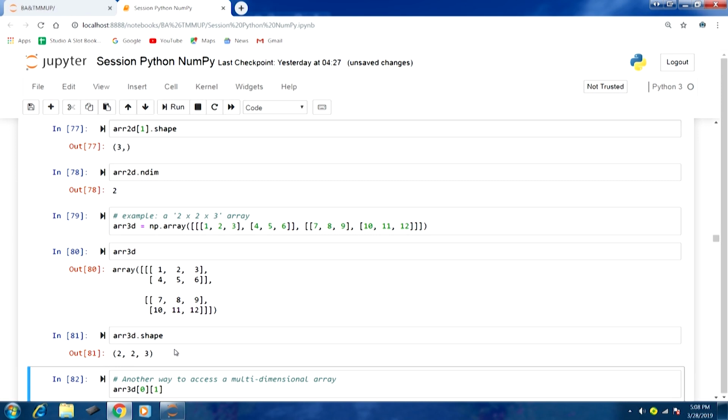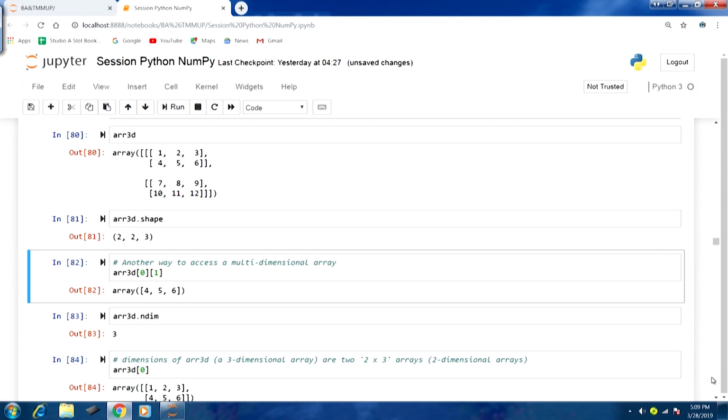In the second dimension we have a 2D array where we have 1 2 3 and 4 5 6, which are 2 1D arrays. And in the first dimension again we have 2 elements, which are 2D arrays themselves. The first element is 1 2 3 4 5 6, the second element is 7 8 9 10 11 12. So, clearly the understanding part has to be very clear here, so that we are able to work with all these multi-dimensional arrays.